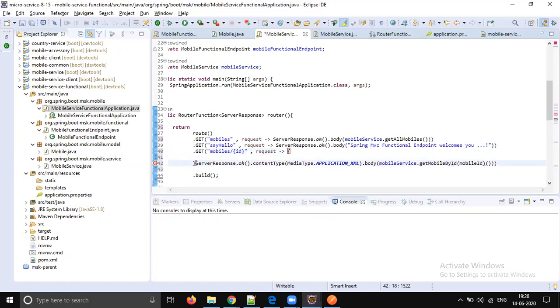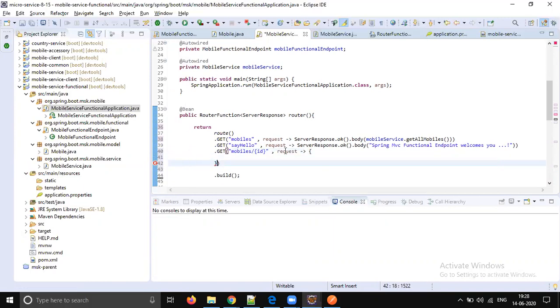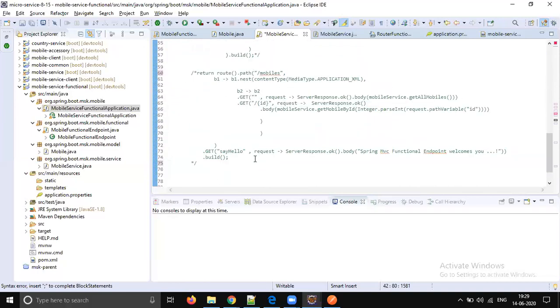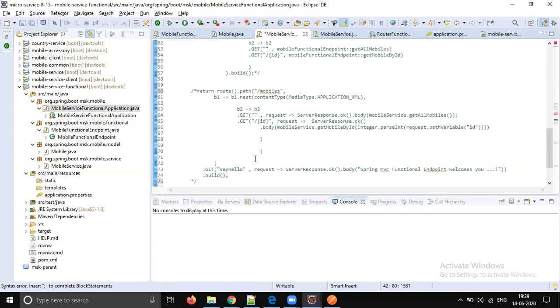We need to take the... this is going to be dot, but before that we need to get the request dot path variable, right?